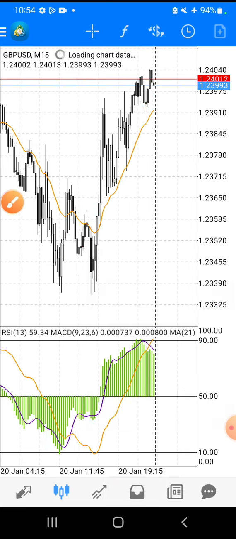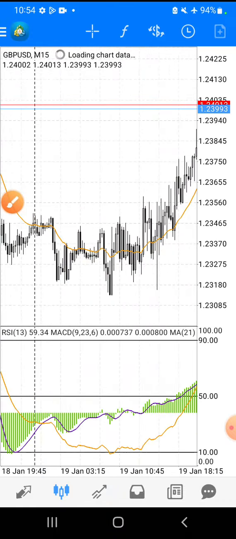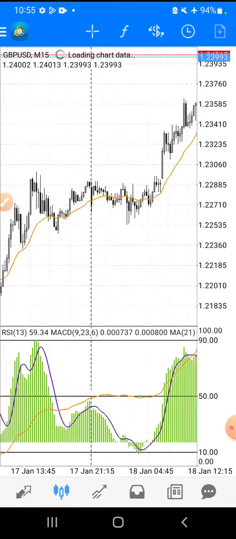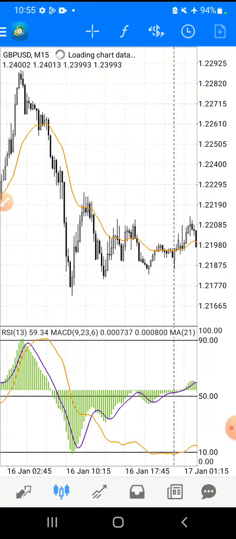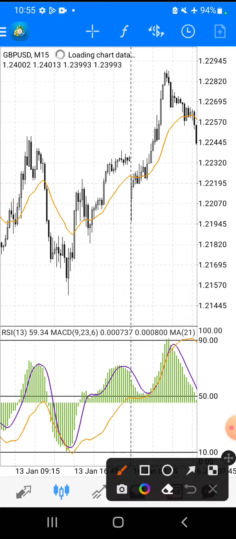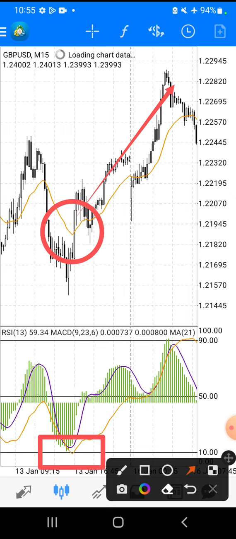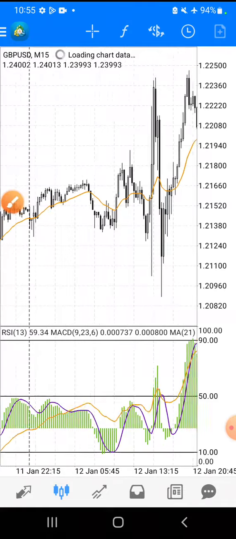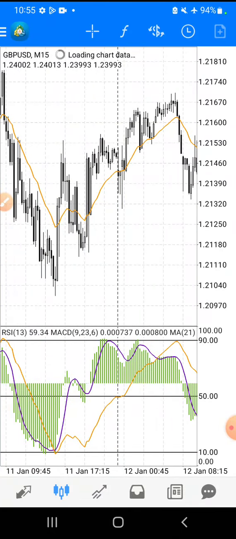Okay, let's look at another buying opportunity. I will start off with the simpler ones and then later on explain the complicated buying opportunities. Okay, here is another opportunity. We can see that there's a golden cross, and we can also see that price tried to cross our golden line, and that eventually led to the upward movement as we predicted, right? So that was easy. This strategy works on all pairs, guys, so make sure you check it out.